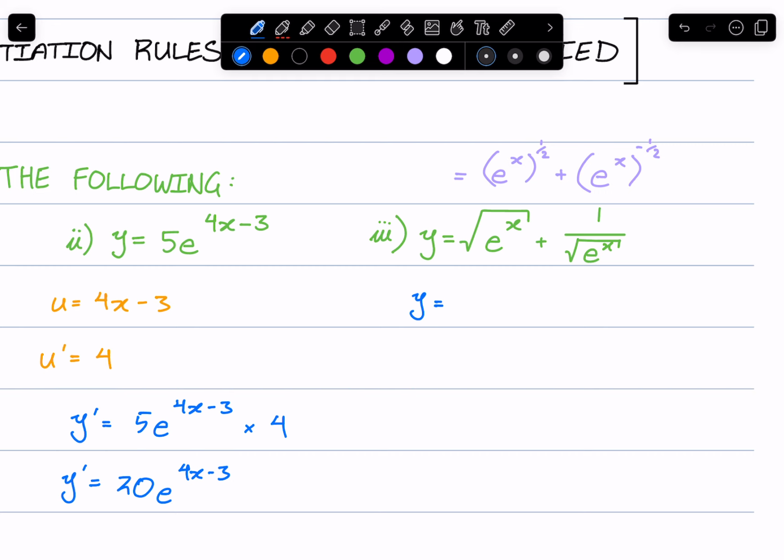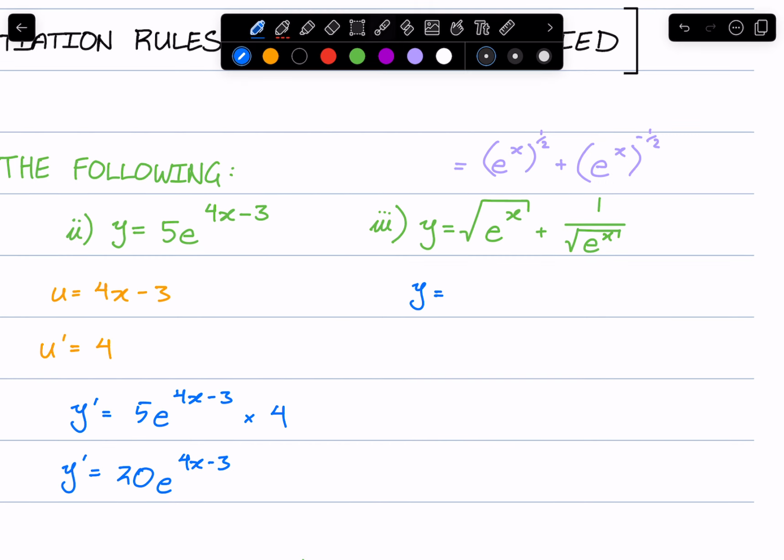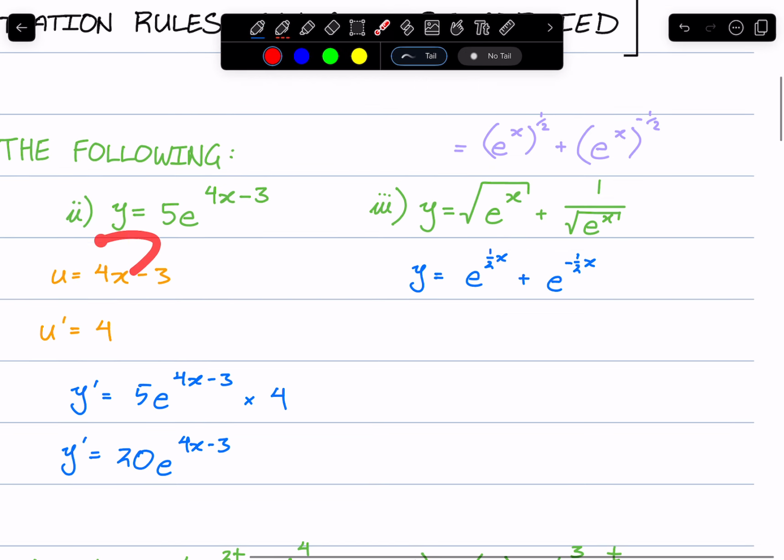Now, from this, we can use some further index laws. This is a power of a power. So this becomes e to the power of x on 2, or you can write this as to the power of half x, whichever you prefer. Plus e to the power of negative half x. Okay, so from here you can utilize this notation if you'd like, but for this, I'm simply going to go